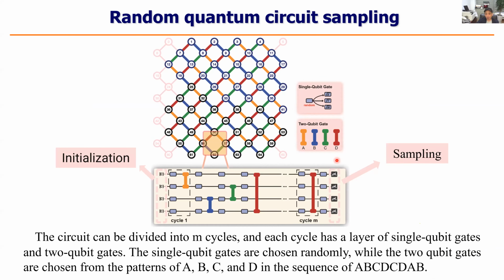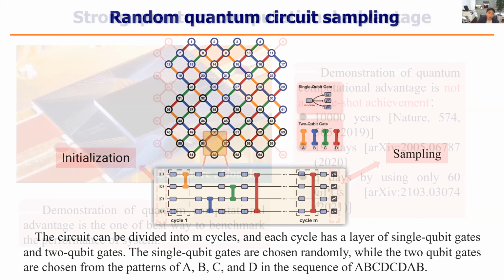We just perform a single-shot readout on each qubit. And in this way, if the system is not overwhelmed by noise, we can still see some distribution. So it's not totally noise. That's the point. If it's total noise, there's no special distribution. That is not what happens in this kind of random circuit sampling problem.